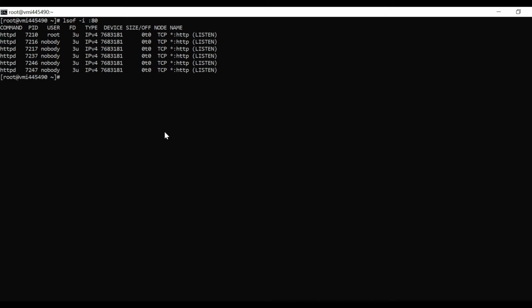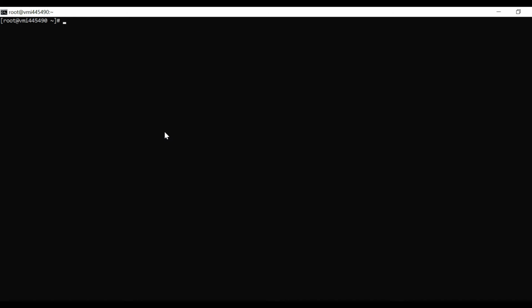So what I'm going to do is I'm going to kill this process. Let's see if it is killed or not. Yes, it looks like it's killed. Now if I do systemctl restart nginx, yes, if you see, my Nginx will get restarted.